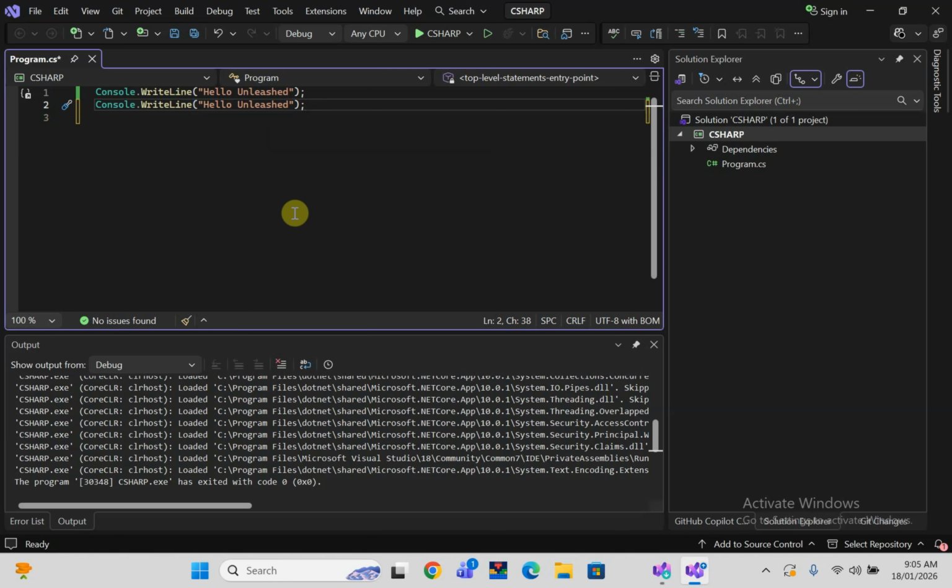So each of these mistakes prevents your code from compiling successfully. Those mistakes that I'm telling you about prevent your code from compiling successfully. So now